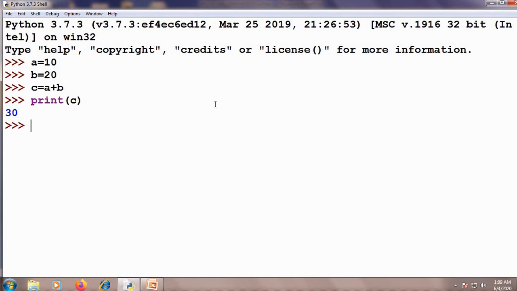So in interactive mode, you can write the statement and immediately you will get the result, and the same set of statements you can write in script mode also. In the last class we discussed these things. For reading the value from the user, you were using the input statement, and here you can see we have used the print statement for displaying the result. I'll give you one example for operators.